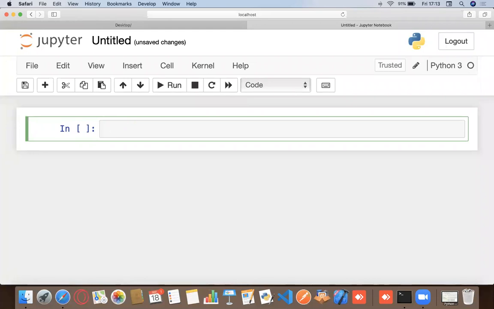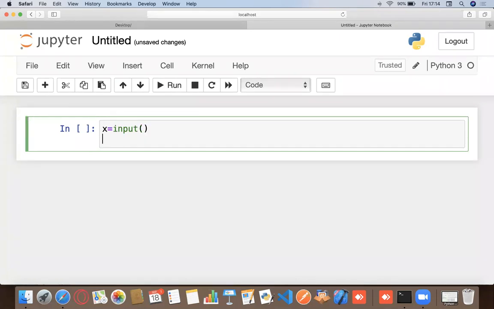So let's say that right now I want to take an input from the user and then print exactly what the user entered. So I can say something like x equals input. You see, I'm saying that x equals input because I want to store the value that we enter in a variable. And I'm saying you entered x. Let's execute this.